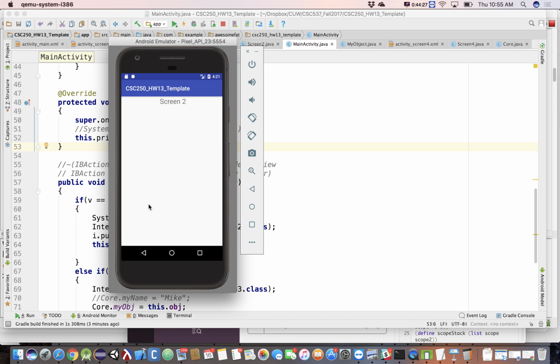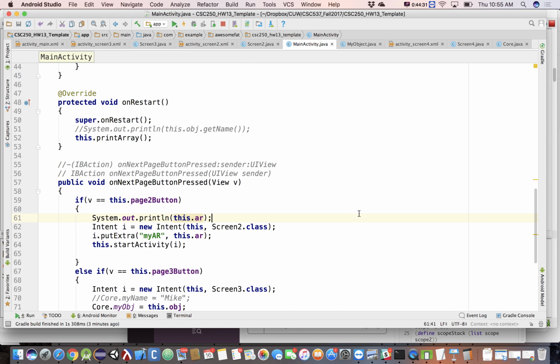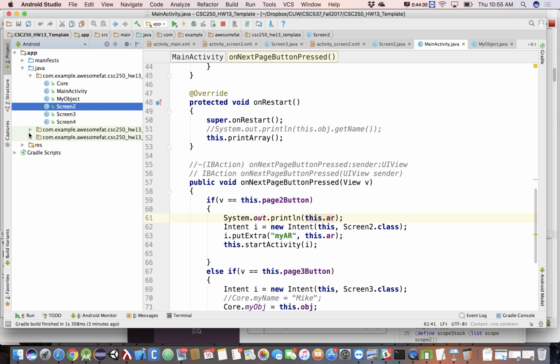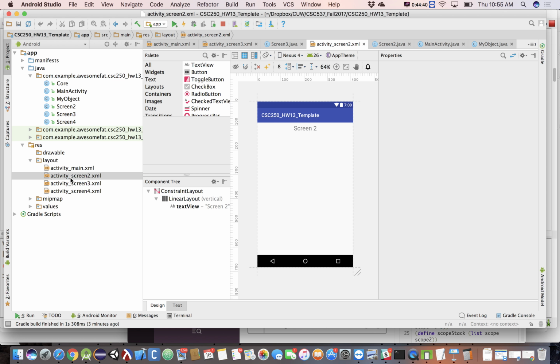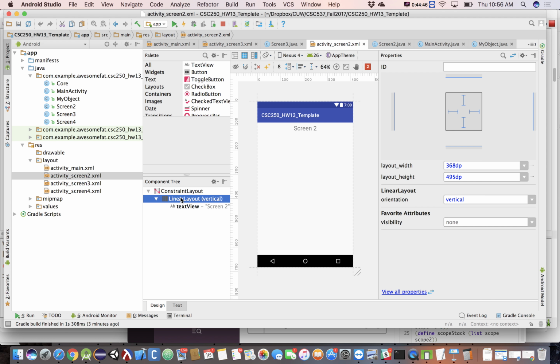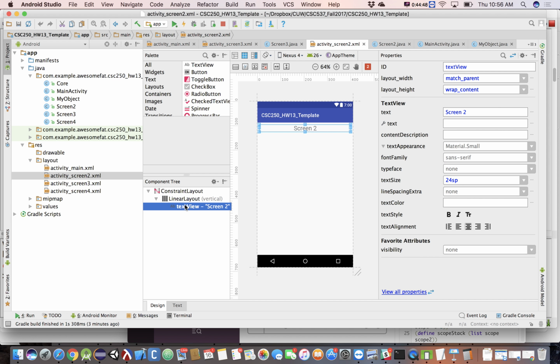Now, we've seen how we lay things out up to this point. So if I go to my project here, and I go to my resources, layout, I go to screen 2. Right now, screen 2 has this linear layout that has this text view in it. All right, now what I'm going to do is put another linear layout below that, so screen 2 will always be there, and then I want to have kind of a container for